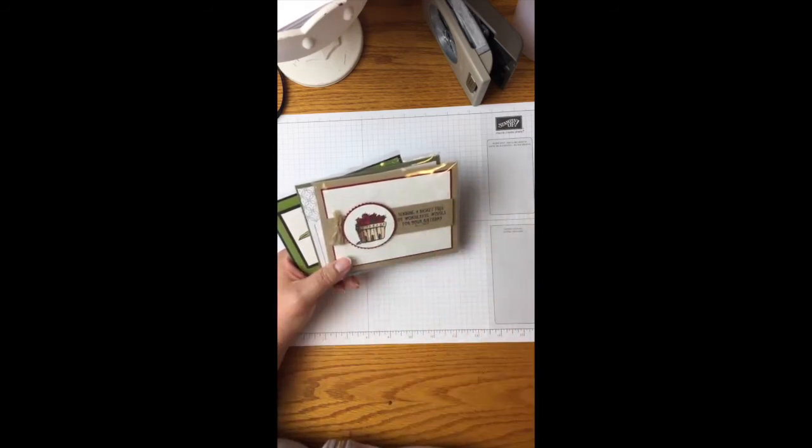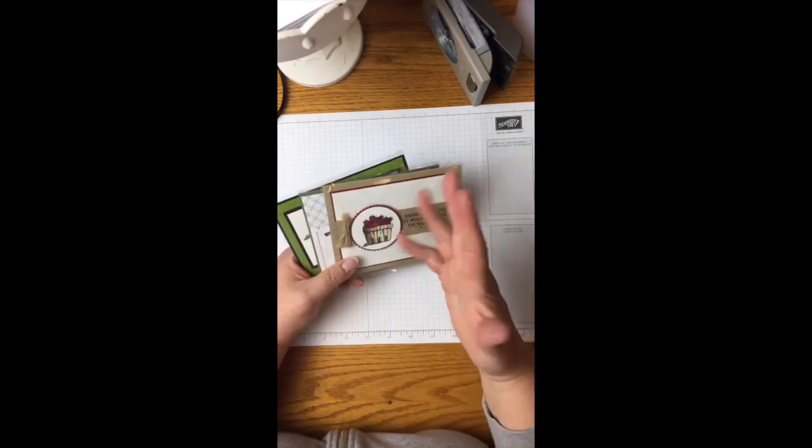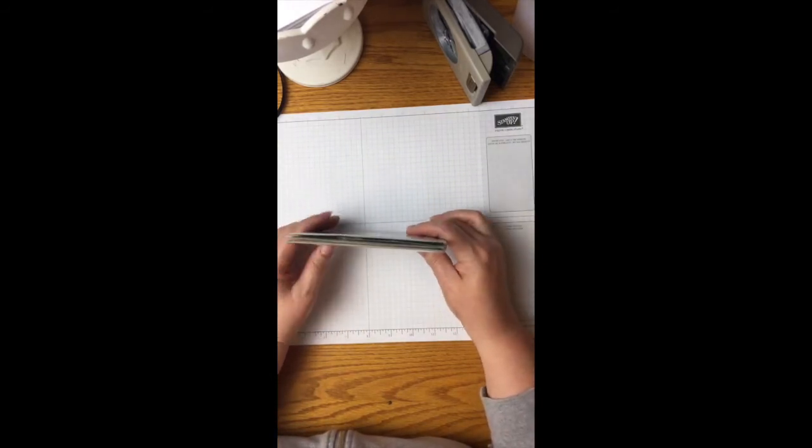You could just scribble, color the yellow in on all of them, color the blue in on all of them, and you could really speed up your time that way. Anyway, a little tip. And then one of the last things I want to share with you, 3 more of